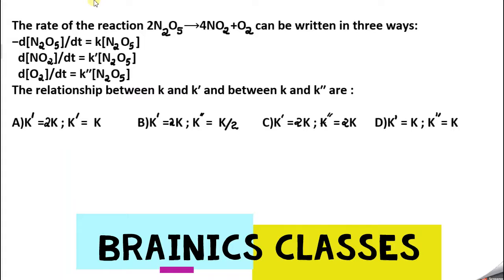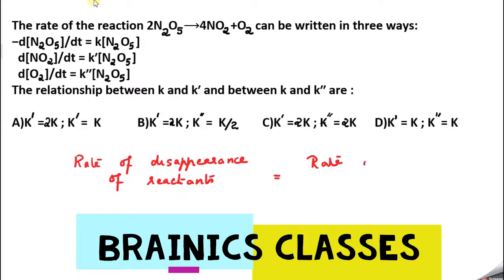The rate of disappearance of the reactants, we know that it is equal to the rate of formation of products. So how can I write? The disappearance rate of reactants is equal to the rate of formation of products. This we are learning initially itself, correct? Based on this fundamental only we are measuring the rate of formation of products.